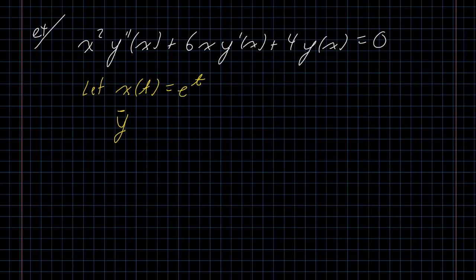In order to indicate that this is a different function, I'm going to put a bar on it. In other contexts, I might have put a star or something like that, but a star is going to get in the way because of the primes. So I'm going to put a bar on this just to indicate it's a slightly different meaning. Y bar is going to be a function of t, and it's defined as y of x of t. So it's not really a different function. I'm just suppressing and combining together the